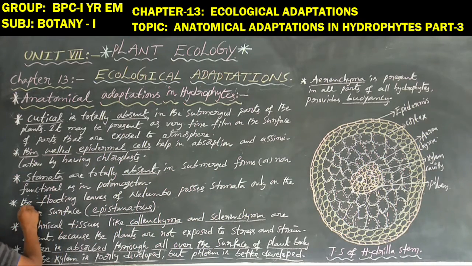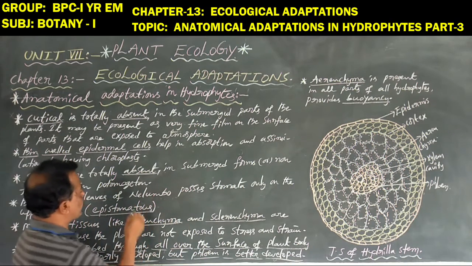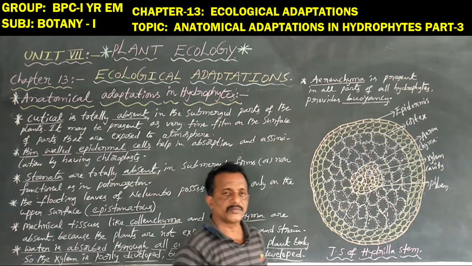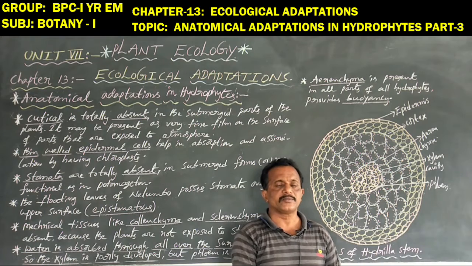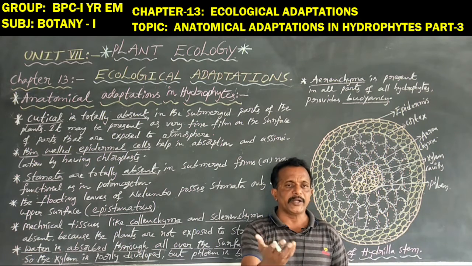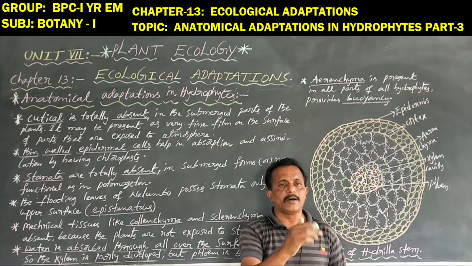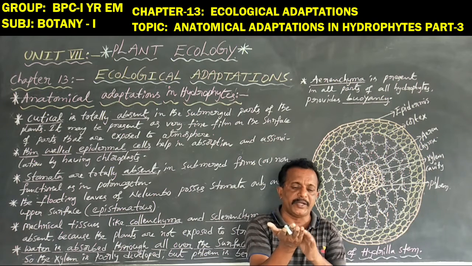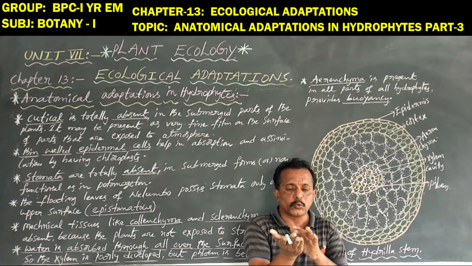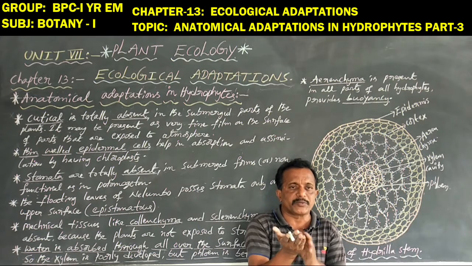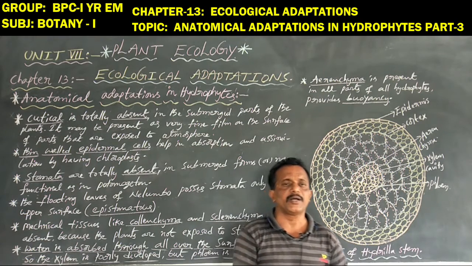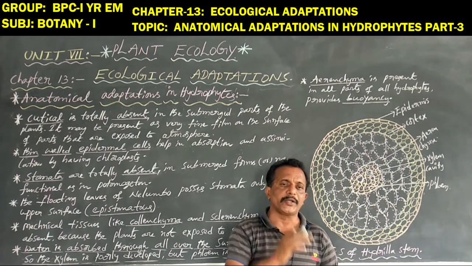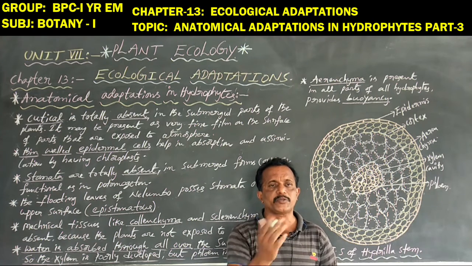Next, coming to the floating leaves, especially Nelumbo, they possess stomata only on the upper surface. In general, in all higher plants the epidermal cells contain stomata, that is, the upper epidermis and lower epidermis of the leaves both contain stomata. So two types of stomata are present in the leaves of higher plants, and in general higher plants contain stomata on one type of epidermis, hence one type of stomata.